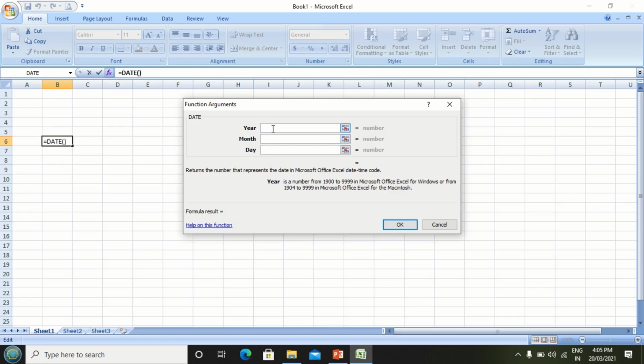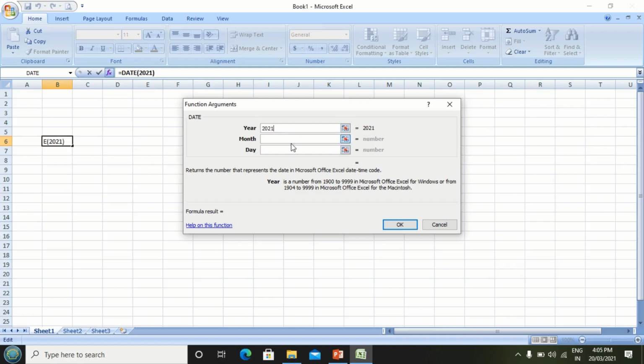Suppose for example, in the selected cell I am entering current date, today's date. Today's date is 20th of March 2021. So in year argument, I type 2021.